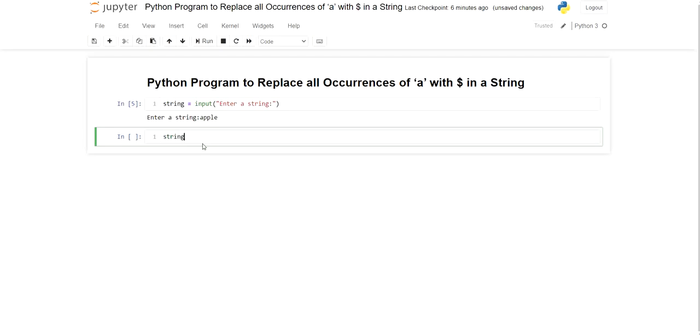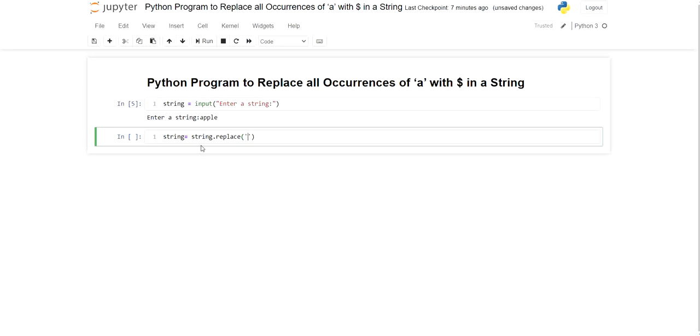So I'm once again calling this variable and writing a replace function for this. What this replace function will do is, Python has a property called replace. So replace will just replace some alphabets or symbols or characters with some different characters. So you have to specify two characters here. One, the character which we want to replace, and the second is the character with which you have to replace.